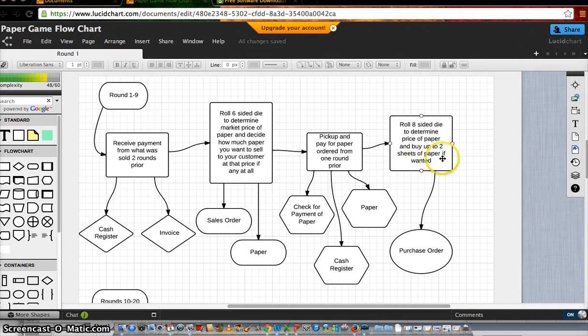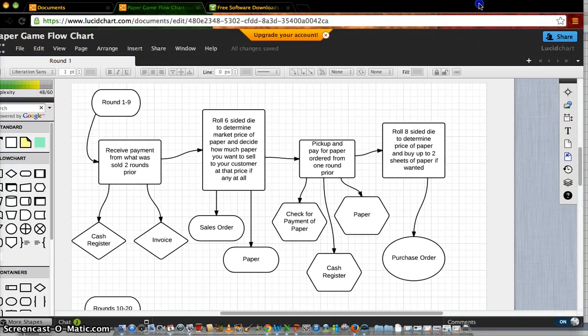Our process, the way it works, rounds 1 through 9. Well, in round 1, the buying price was $4. The amount sold was 3 squares. This gave us a profit of $12 to add to our 10 that we already had in the cash register. This put a $12 invoice in,